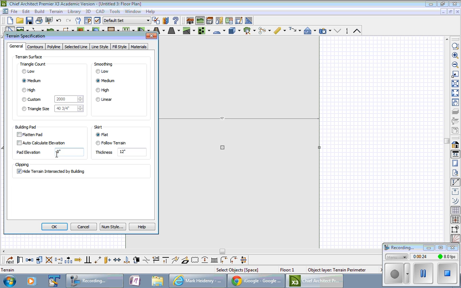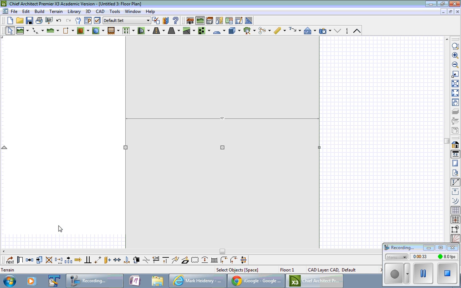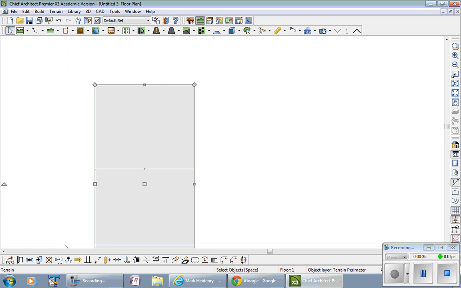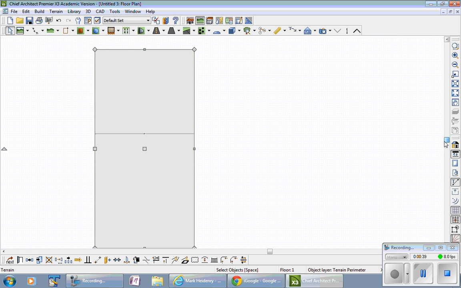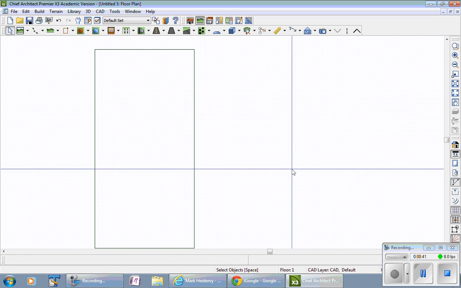We just want the pad elevation set to 0. That gives us a reference point, an easy reference point for the heights and elevation of our floors. Then click OK, and you can zoom out if you want, and we're going to put in some terrain lines. I'm going to click a wide area to deselect,